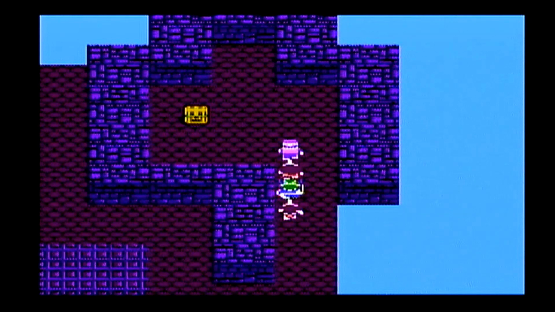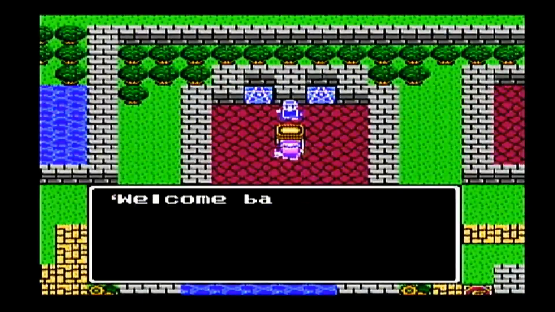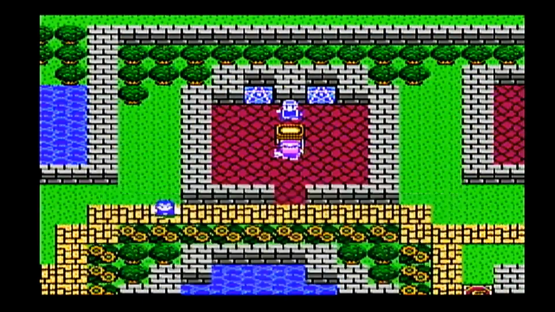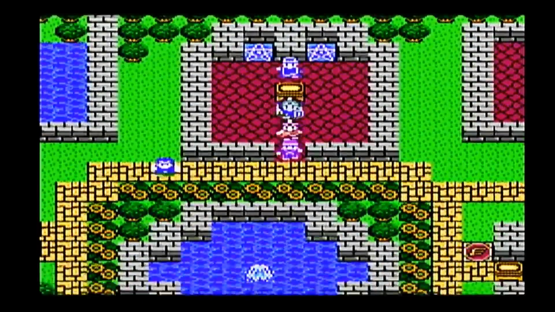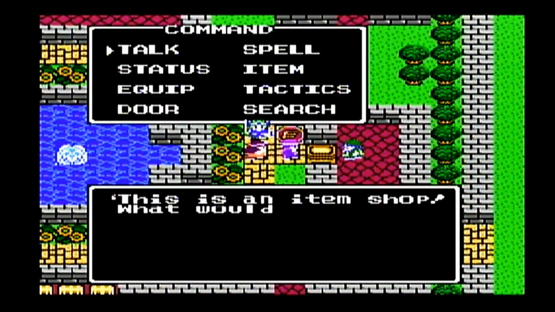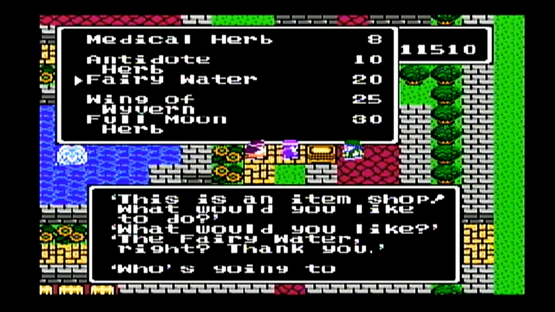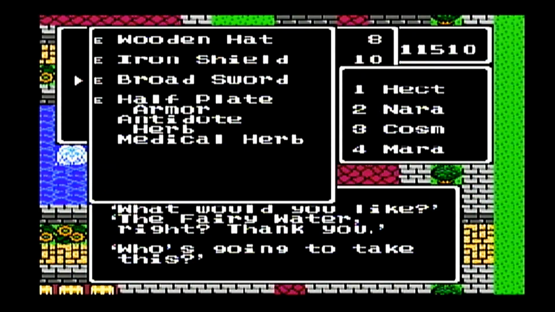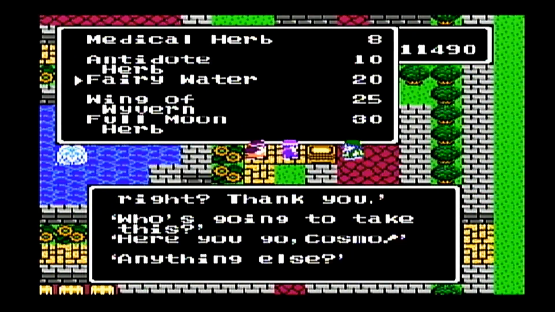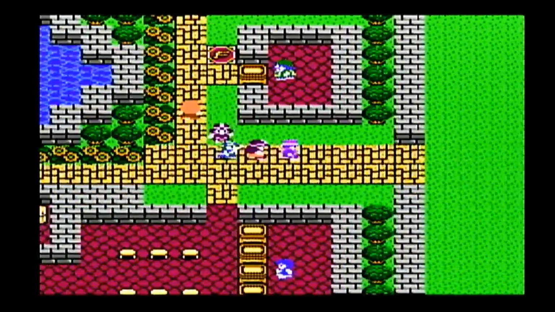So there was basically just straight up there from where the screen stopped, and we went up there and ended up getting a boomerang from that treasure chest there. Well, no, a golden barrette, one of those helmets for Nara and Mara. And then I just jumped out of the tower, cast the Return spell, and